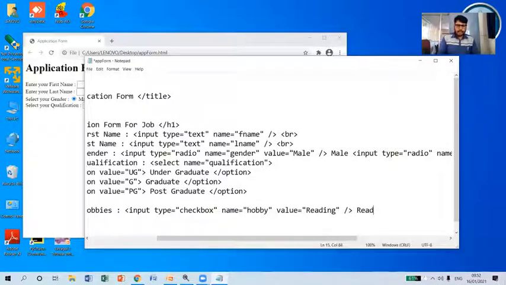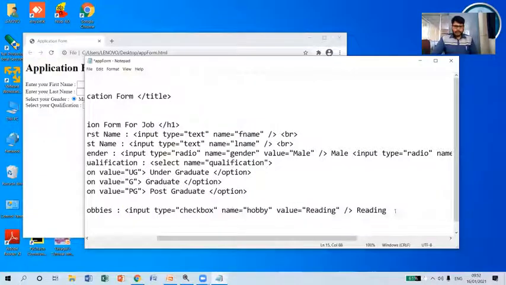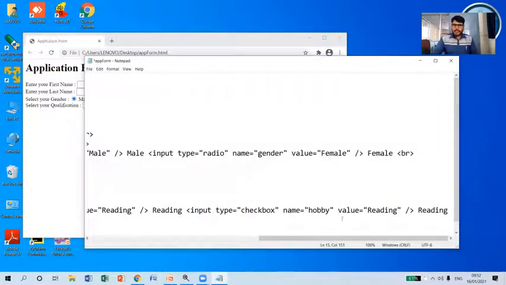But the user has to know what this checkbox is meant for. For that reason, I'm going to include reading as text here, and I'm going to copy the same statement and paste it in front of this, and modify the value I have written for reading.